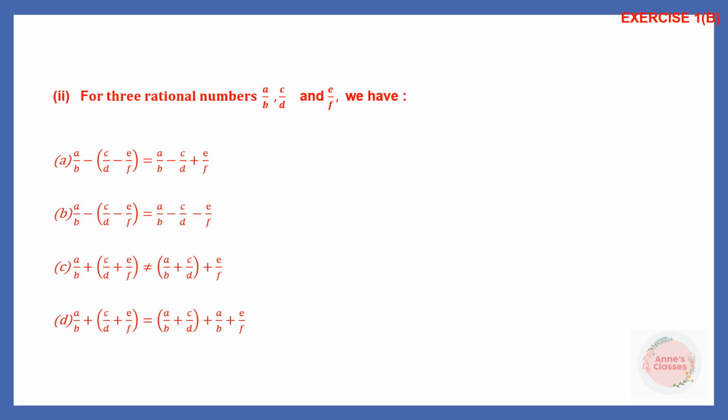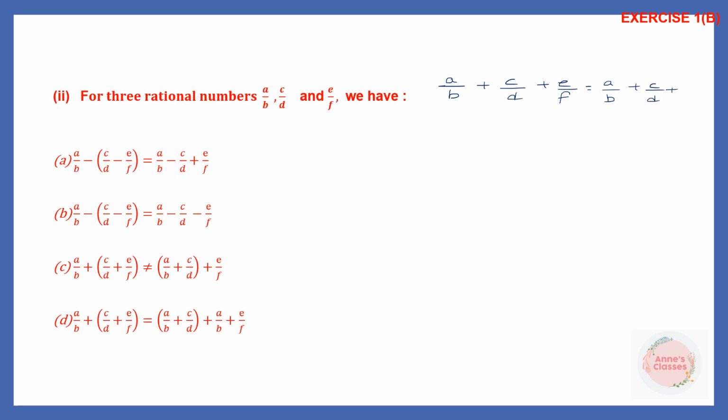Question 2. For three rational numbers, we have three rational numbers here, a by b, c by d and e by f. Now we have these options, we have to see which is correct. Now whenever we have three rational numbers, we learned about the associative property. What did that say? That if we have three rational numbers like this, a by b plus c by d plus e by f,